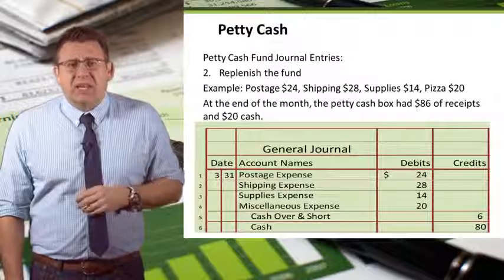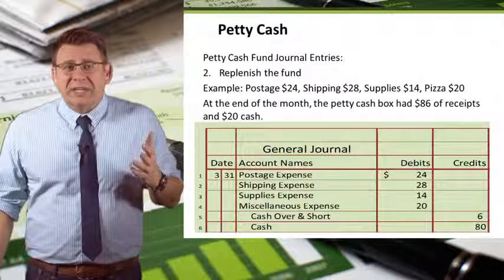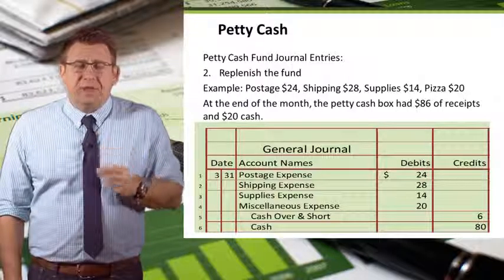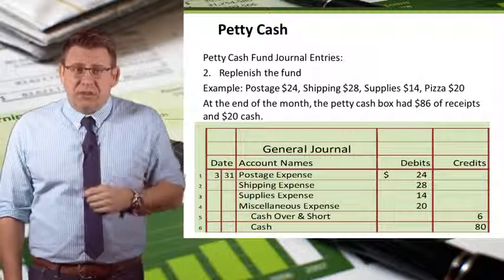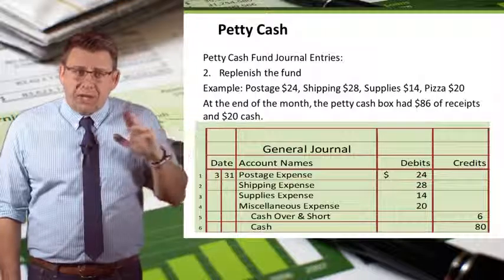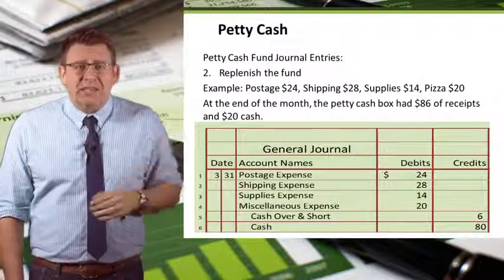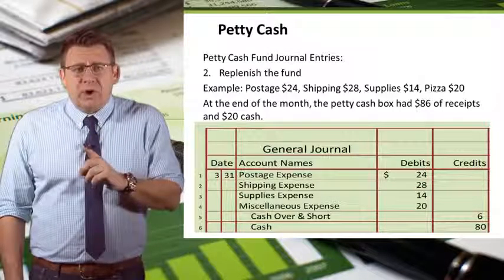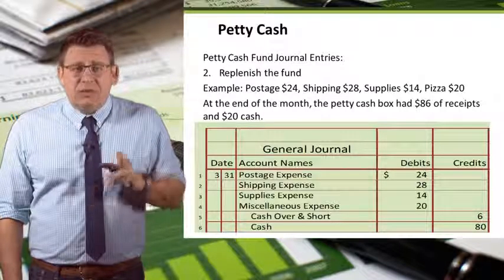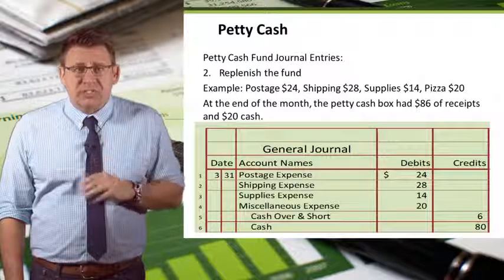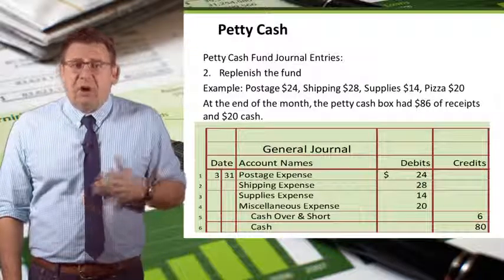Finally, let's look at this example again, but this time let's assume we have $20 of petty cash on hand. We only need $80 in cash to bring the fund back to $100. In order to do this, we need to make a journal entry and write the check to ourselves. In this example, again, we debit postage expense, shipping expense, supplies expense, and miscellaneous expense for the amounts, and we credit cash for $80. Of course, 86 does not equal 80. We need to credit cash over and short for $6 to make the journal entry balance. Once we cash the $80 check, our fund will be back to